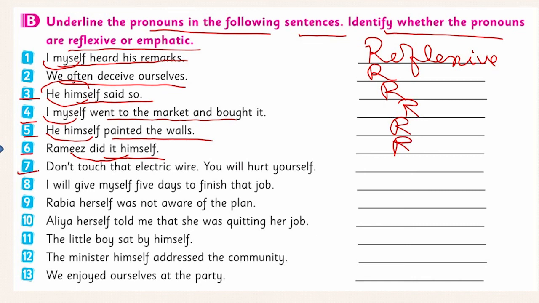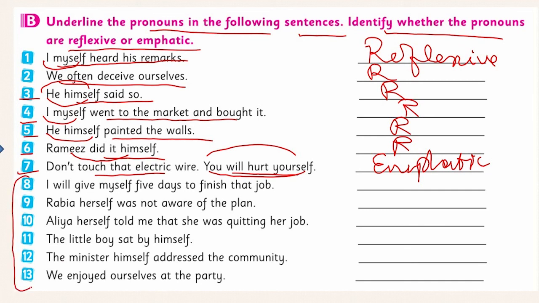The seventh one, "Don't touch that electric wire. You will hurt yourself." You and yourself here. So this is emphatic pronoun here. Identify these pronouns too